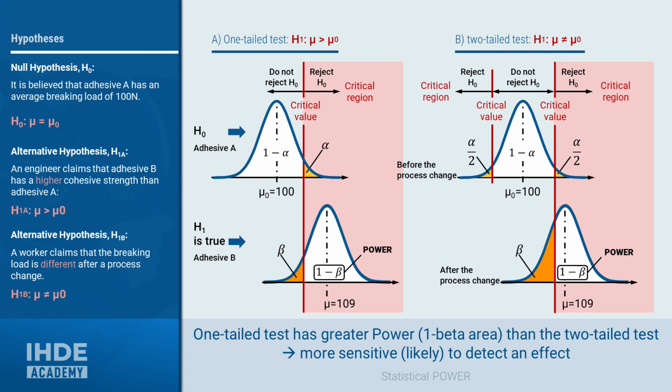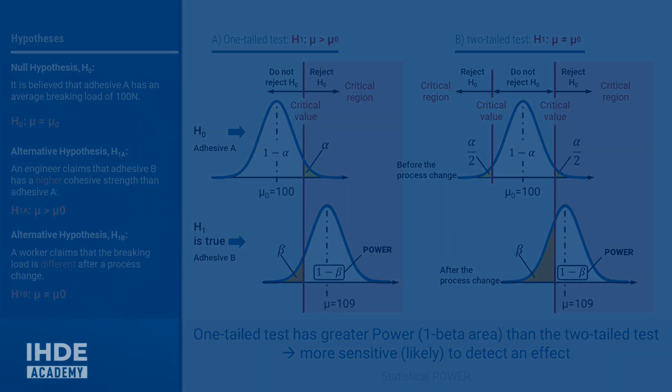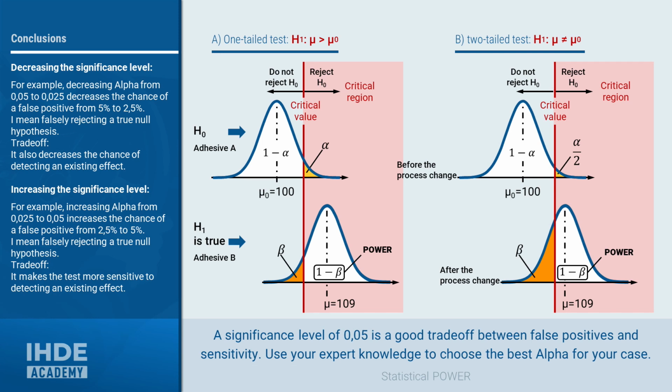Before we draw any further conclusions from these findings, let's simplify the example again and remove the left-hand side so that the two-tailed test looks like a one-tailed one. What conclusions can we draw now? The statistical power of a hypothesis test depends on several factors, including the size of the effect, the sample size,